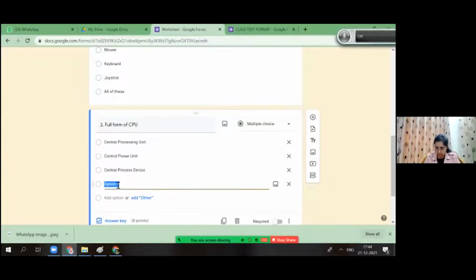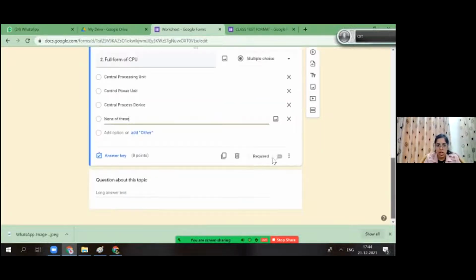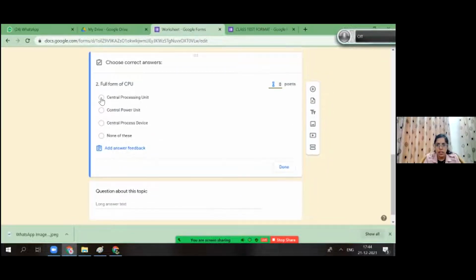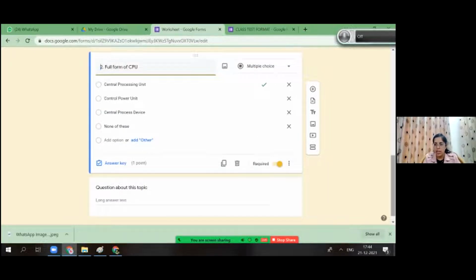Likewise, you can insert the questions, and again make this question required. Answer key: Central Processing Unit, and marks I'm going to give as 1. So this is the way you can insert the question.